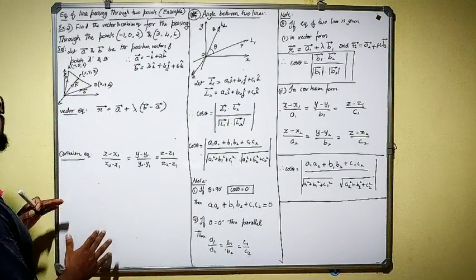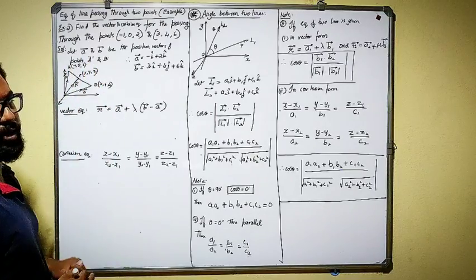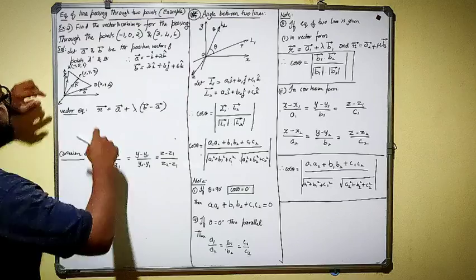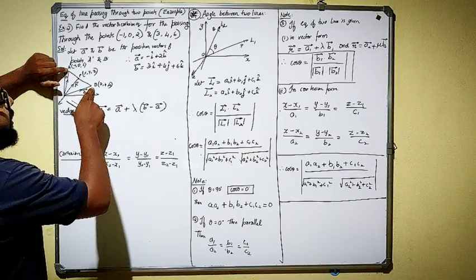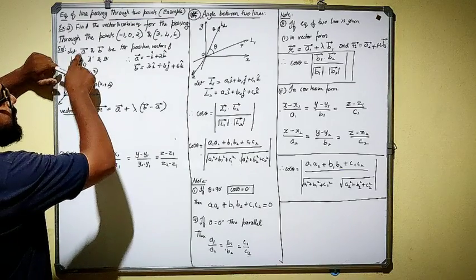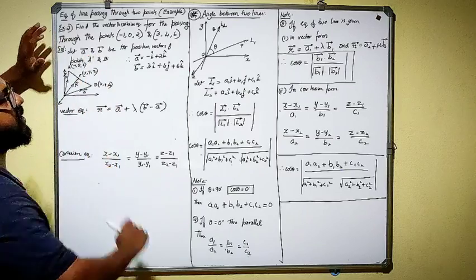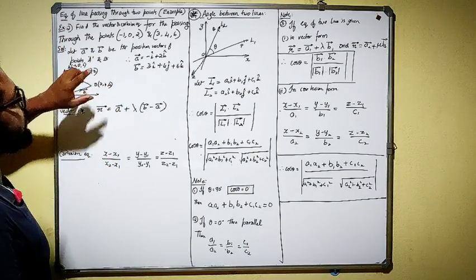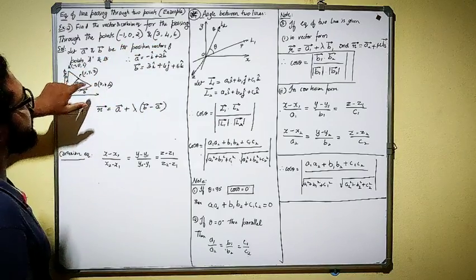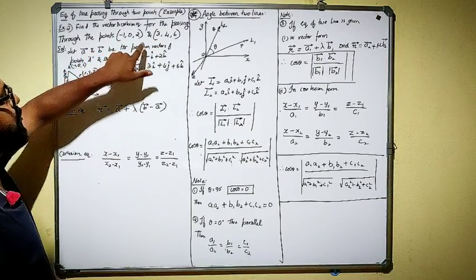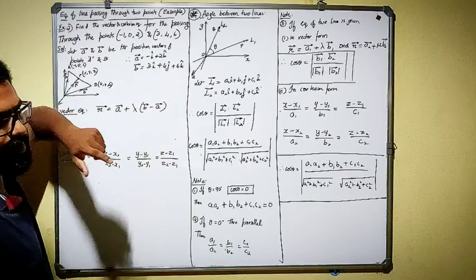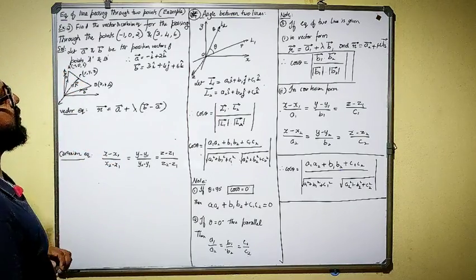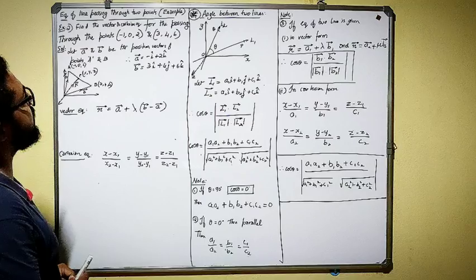First, I'll put it in a geometry figure, to give you a practical idea of what they're giving in the question. They are giving you 2 points. Let me call those points A and B, and let them have position vectors A vector and B vector. The given points are A(-1, 0, 2) and B(3, 4, 6). Let these 2 points have the position vectors A vector and B vector.